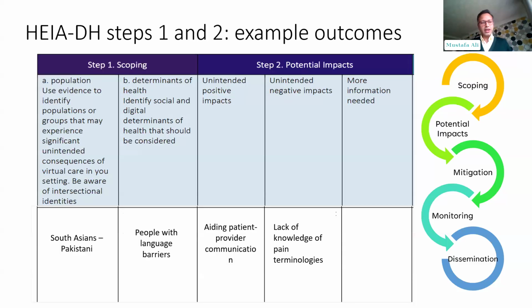So taking you back with what Sabine has shown you and applying it in the context of South Asian population. So we wanted to understand if this digital self-reporting tool is being used by this community, what kind of barrier they might face, and what kind of positive potential and negative impact they will have. So we identified different subgroups within the South Asian group. So one of the group was people with language barrier. Remember that not every South Asian would have language barrier. So here we are talking about that subgroup, which would have language barrier.